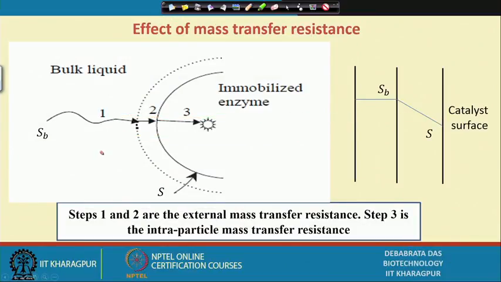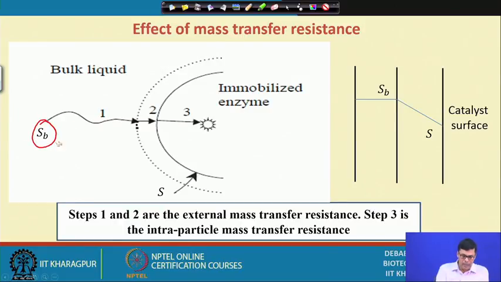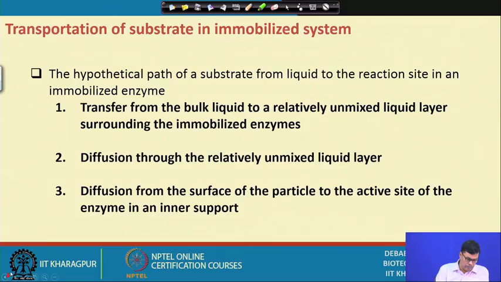You see that here, this is the substrate, am I right? This is the substrate, and this is to be diffused. This is the solid surface, and across the solid surface there is a fine layer, which we consider as the unmixed layer. So, that is exactly what we have written here: the transfer from the bulk liquid to a relatively unmixed layer,